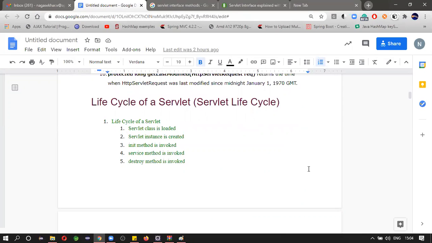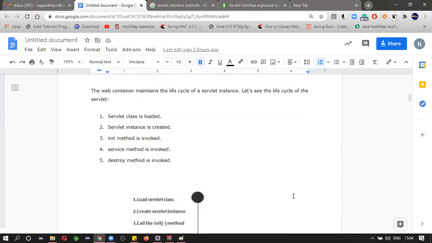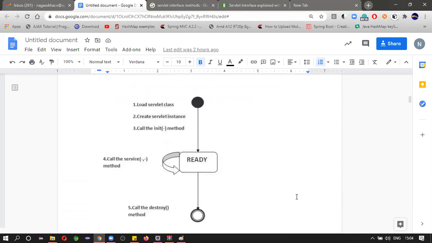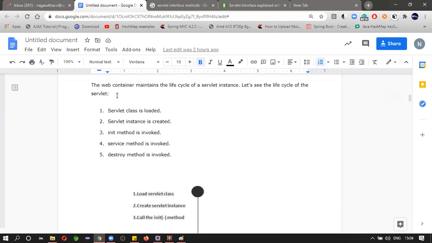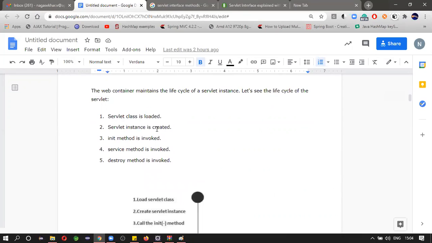Next, the life cycle of a servlet. See a small image. First, the servlet class is loaded. Until now we have not heard this terminology, class loading.